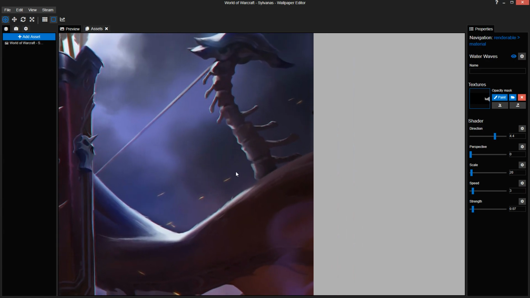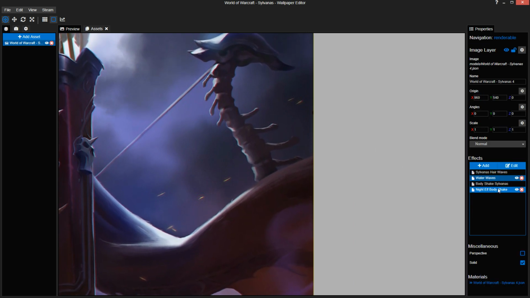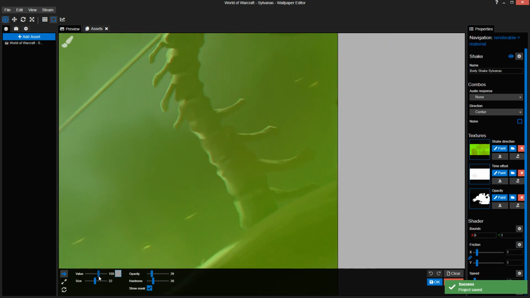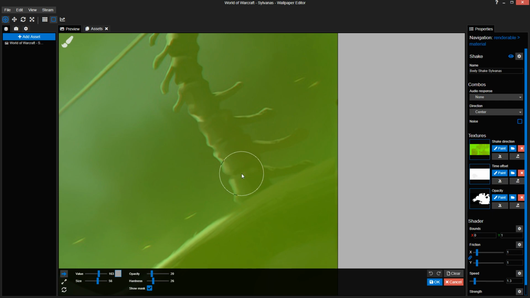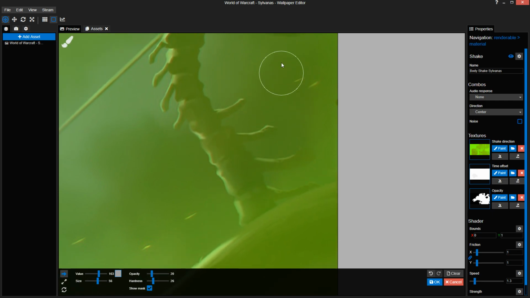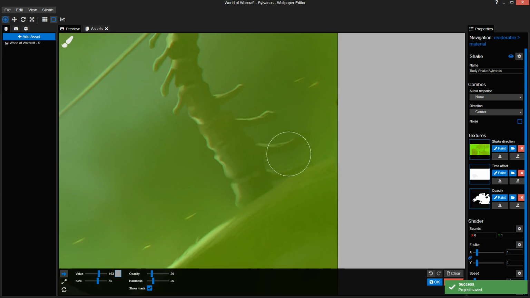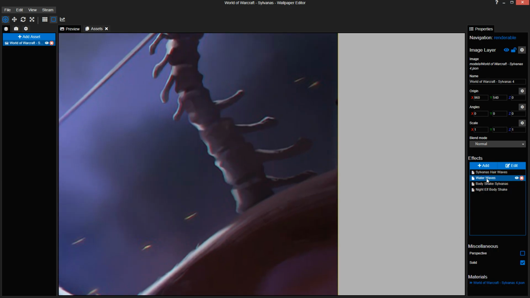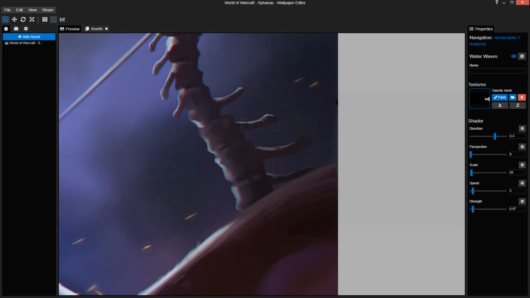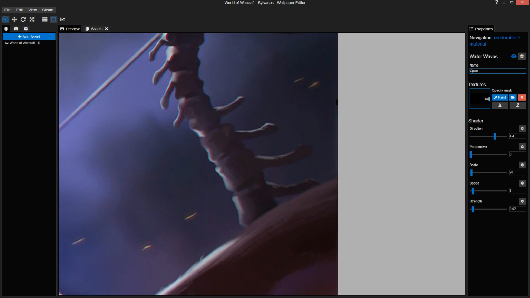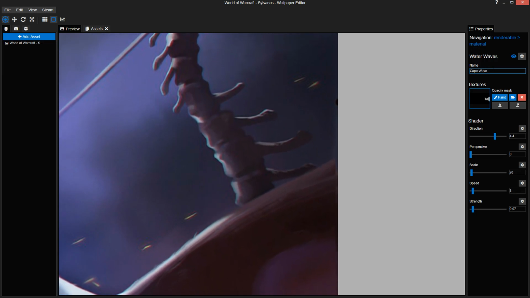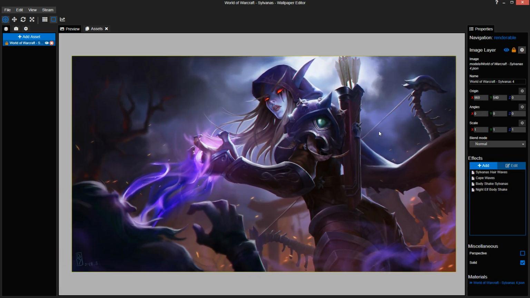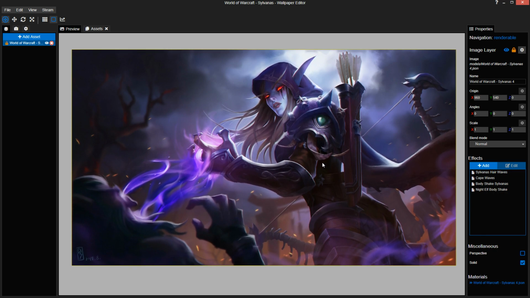Oh, this looks a bit weird. I'm going to change that real quick. Looks like this is moving a bit faster than it's supposed to be. So we're going to fix that. Alright, then we're going to rename this to Cape Waves. I usually just name it the thing that it is with the name of the effect after it. It's easily traceable. That way, if you want to change it, I'm going to lock this one. Don't want the image to move. Alright, so this is what we've got right now.